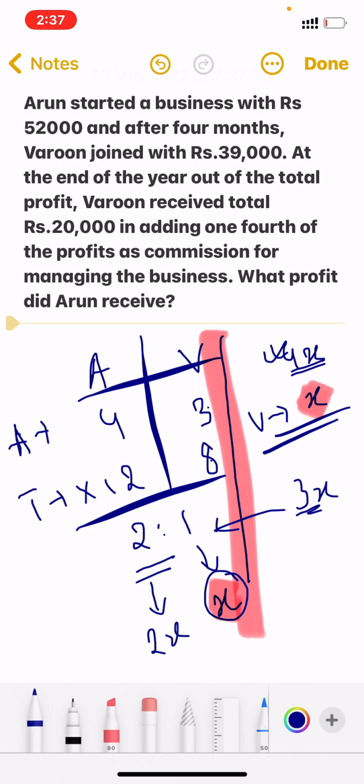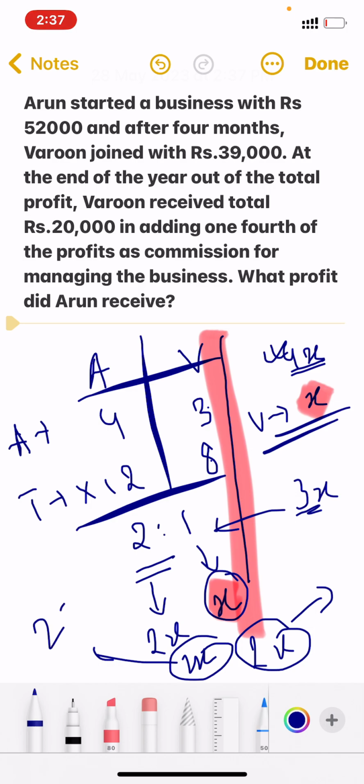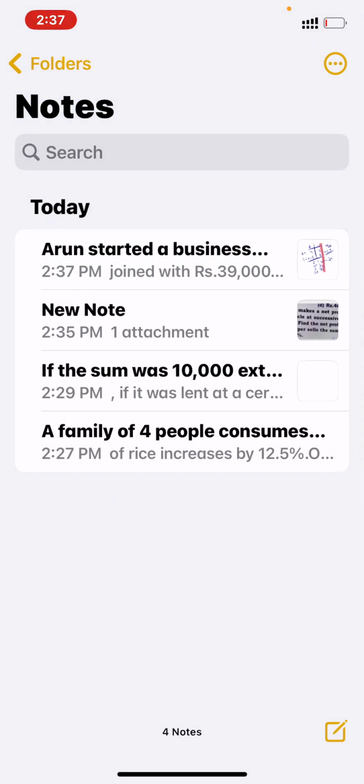So Varun also got effectively 2x, and Arun also got 2x, and it is given that Varun received a total of 20,000. So if 2x is 20,000, Arun also received 20,000. So 20,000 is the answer to this question. That's it. Next question is